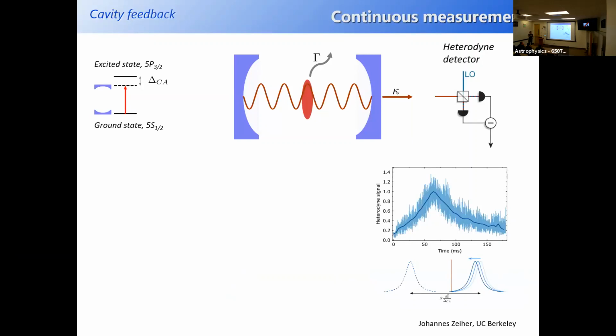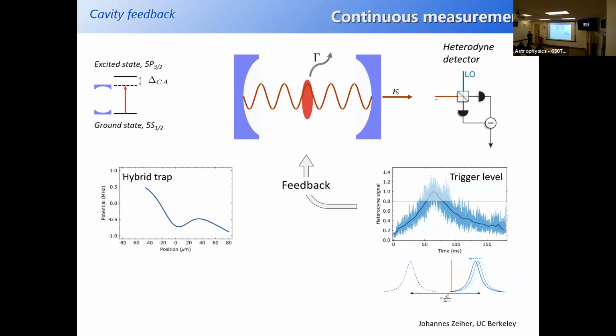So we have a signal that tells us, depending on the time when we spill atoms, how many atoms are there, basically inverting our known behavior for the detuning versus atom number. Then we can set some trigger level, and when the cavity transmission hits that trigger, we feed that back to our system and stop the atom loss.